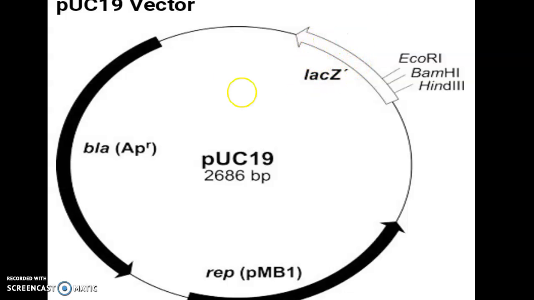So in this manner, whether the foreign gene has recombined at this site or not, one can easily observe by studying the color of the colonies. Those that are colored colonies are non-recombinant, and those that are colorless colonies are recombinant. So instead of a marker gene or antibiotic resistance gene, one can also use this type of scorable marker to identify whether the plasmid is successfully recombinant or not.